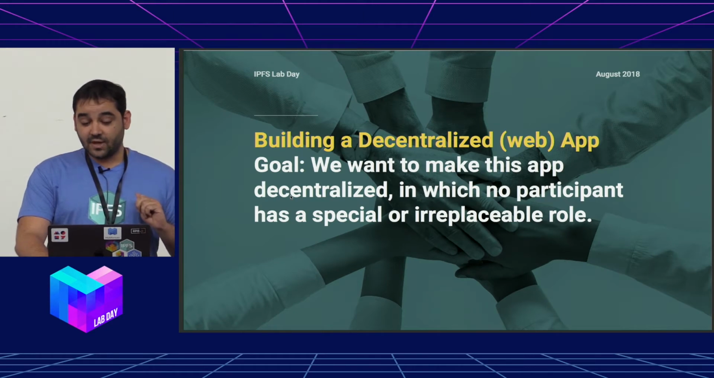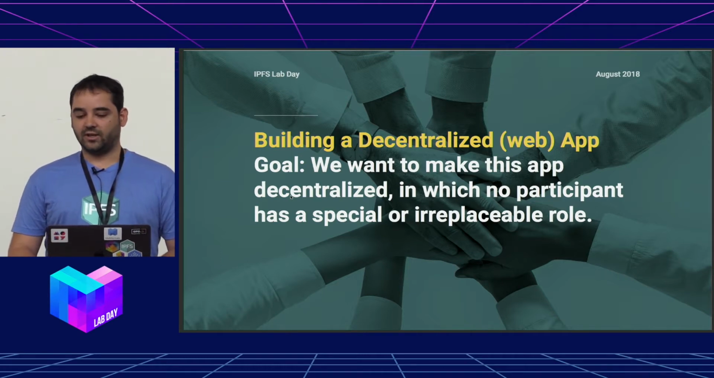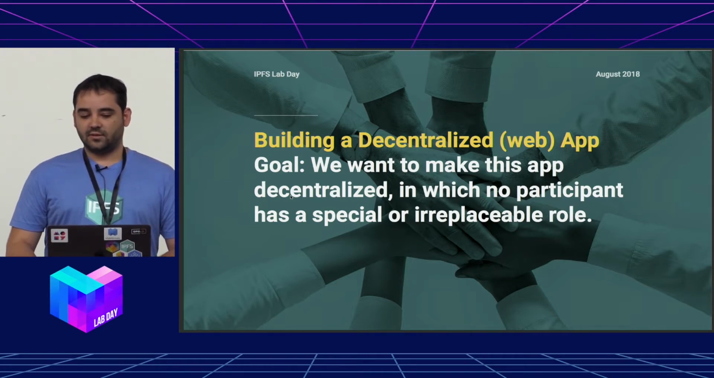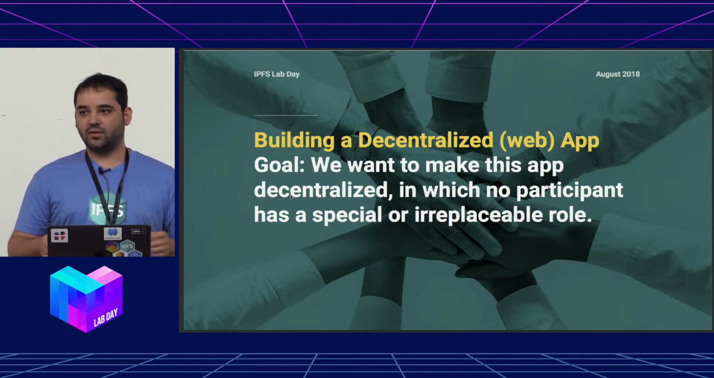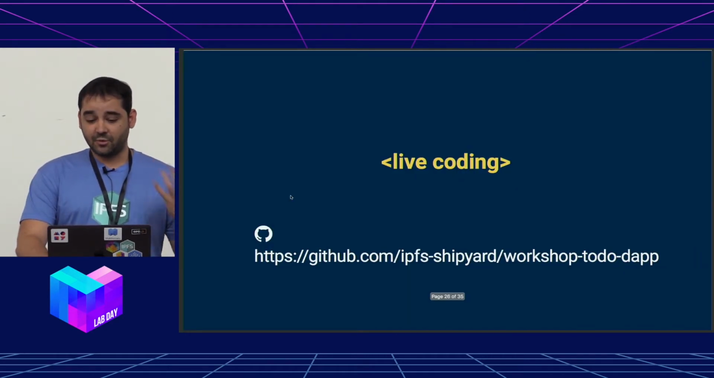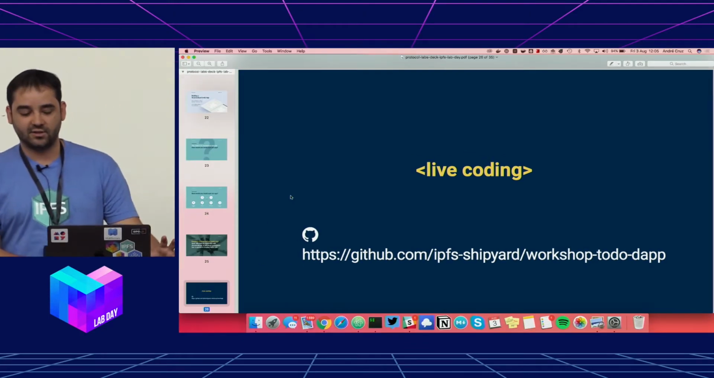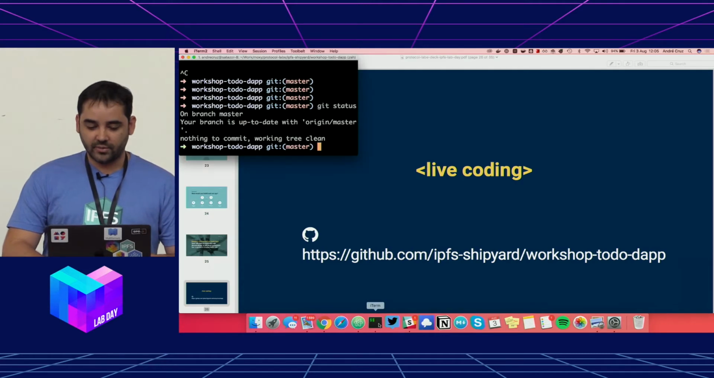But we're not going to do anything centralized here. We're going to do it the decentralized way without any blockchain. But our goal is still to have a decentralized solution where any node is similar to the others, so there are no special roles, and every node is irreplaceable. So I'm going to get out of the presentation and do a live coding session in order to transform